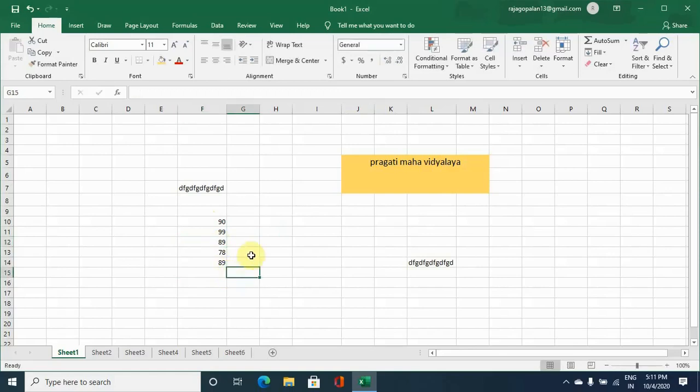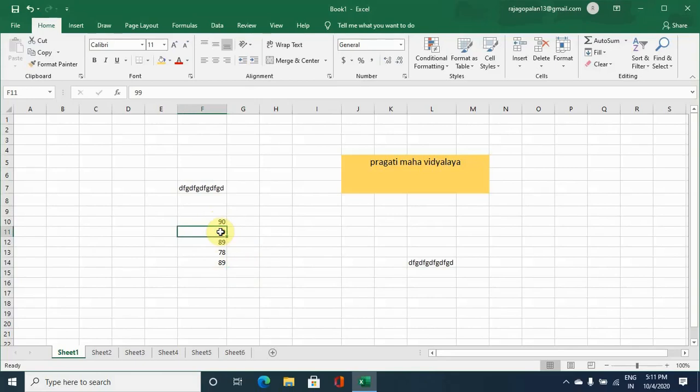Now these are marks available. Now you want to record a comment for that student who has scored the highest marks. Now if you go through the information here, 99 is the highest what you find in the given data.